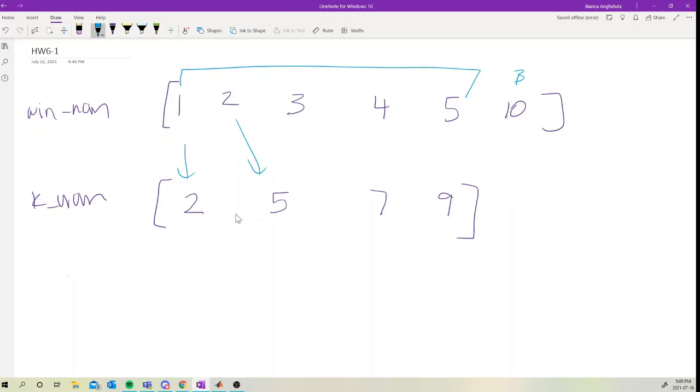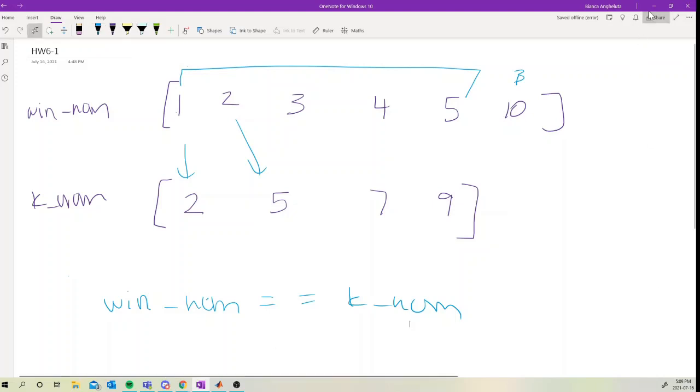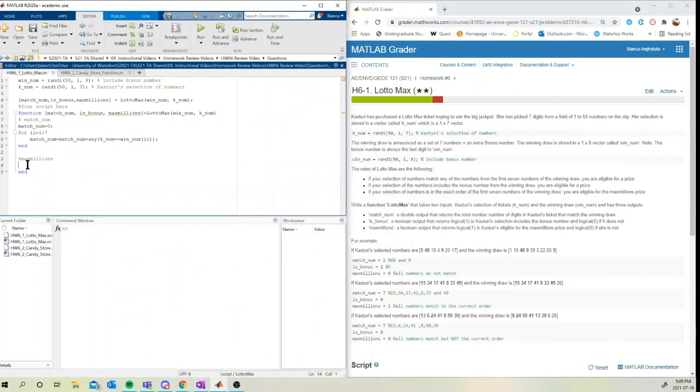And so in this case, we can compare WinNum exactly to KNum, because we do want the element to be equal and in the same location in both vectors to win a Maximilian. So I'm going to initialize max as false,